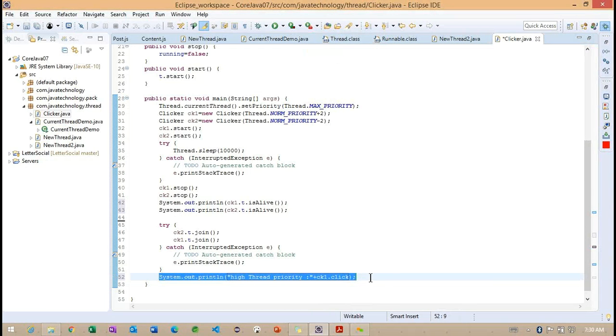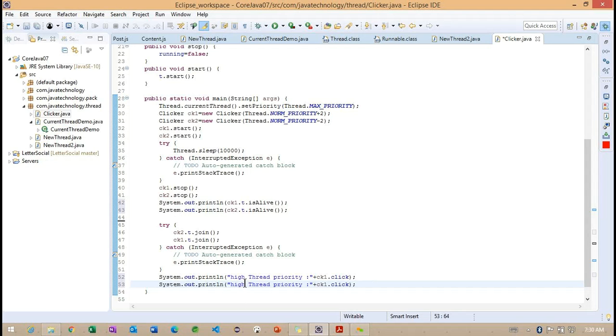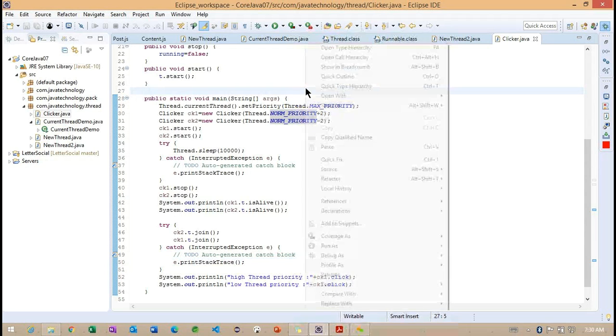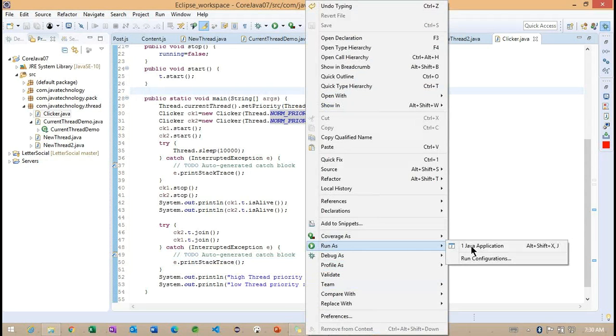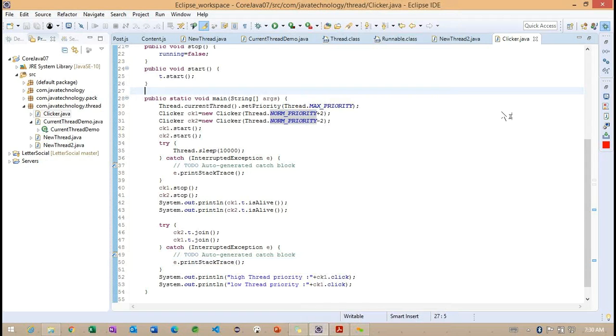Right? And we'll try to check one more here, that is called low thread priority. How are we identifying this as a low thread priority? By calling the num priority minus 2. So compared to the above one, it is a low priority thread, right? Basically, observe carefully. If I save this example and run the same example, what outputs are we going to get?